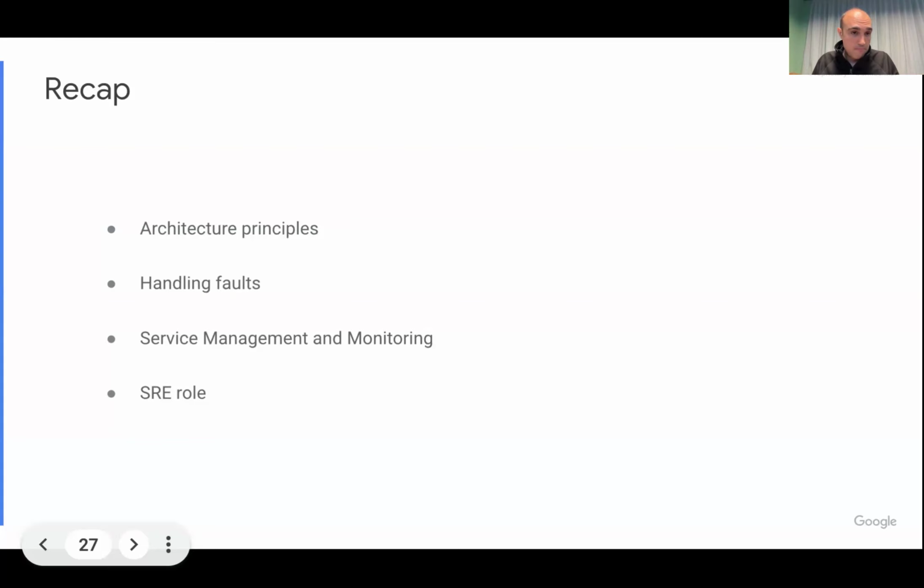Faults: it's not that they might happen, they're happening all the time, so you need to consider that from the perspective of design. And then the last takeaway is that more than 50% of the cost of software is not writing the software, it's maintaining it. So service management, monitoring, and maintainability are very important to be considered, basically for the existence of the service itself.